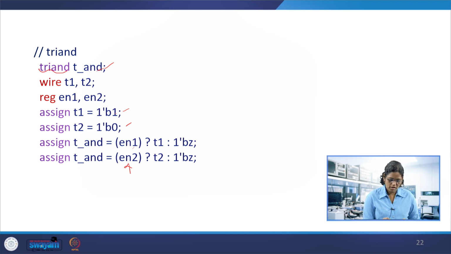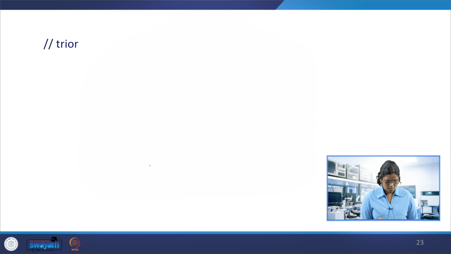So T1 is 1 and T2 is 0, and the AND function of these would be 0. In the next case, if it is 1 0, then T1 will be 1 and the other will be Z. So 1 prevails, from the truth table.